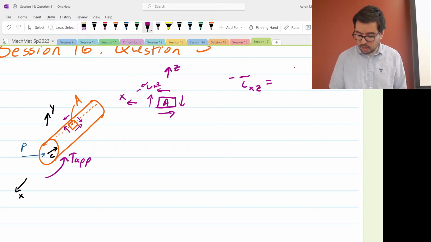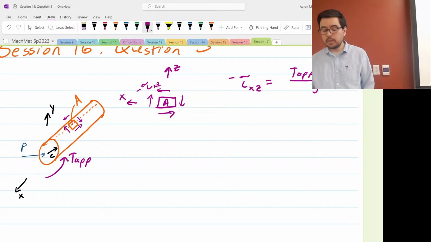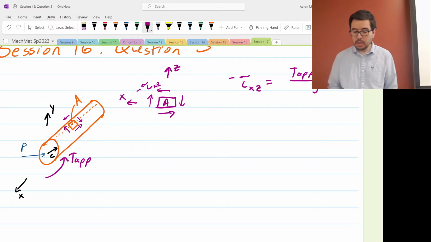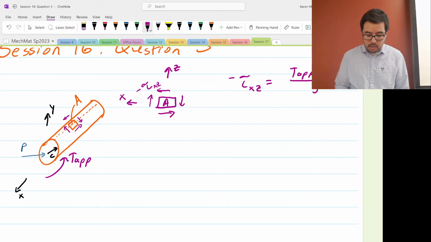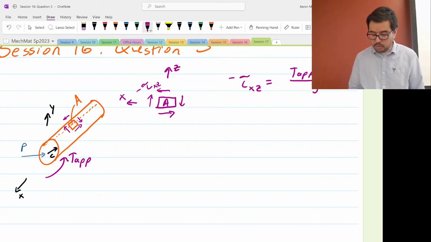So this is just equal to T-app C over J. Okay. And the other component that will be interesting, okay, is the transverse shear stress. Okay, so what's happening with transverse shear stress? Let's go ahead and we'll draw for this. I think it's useful to